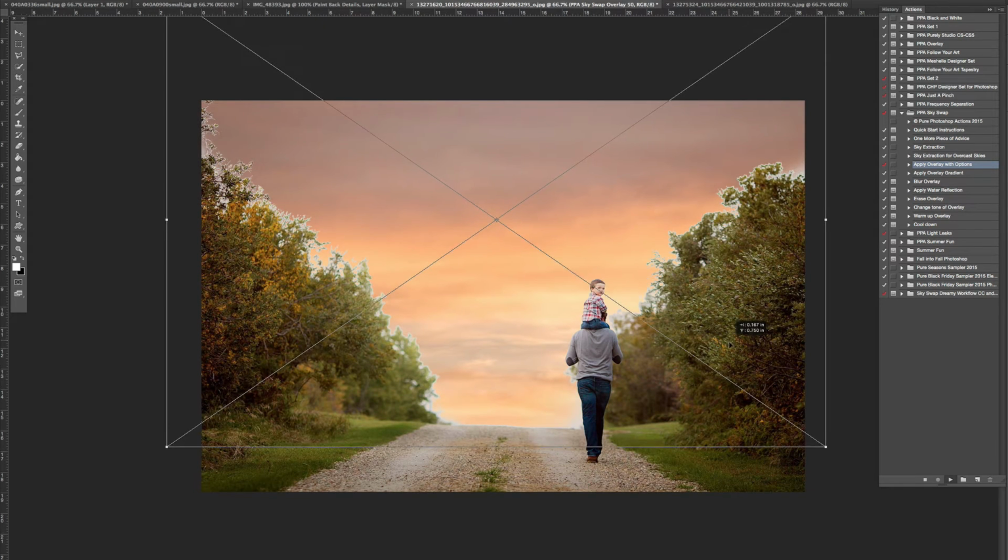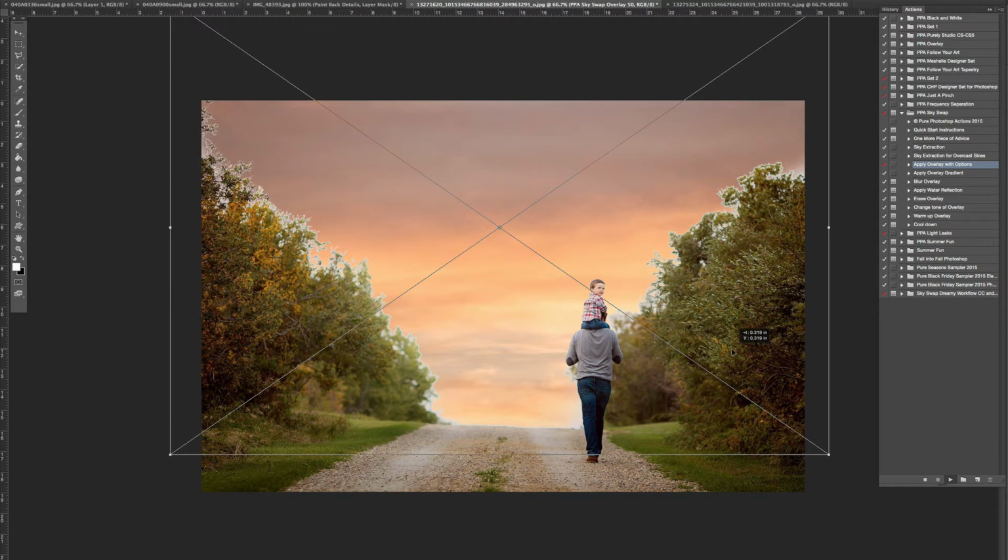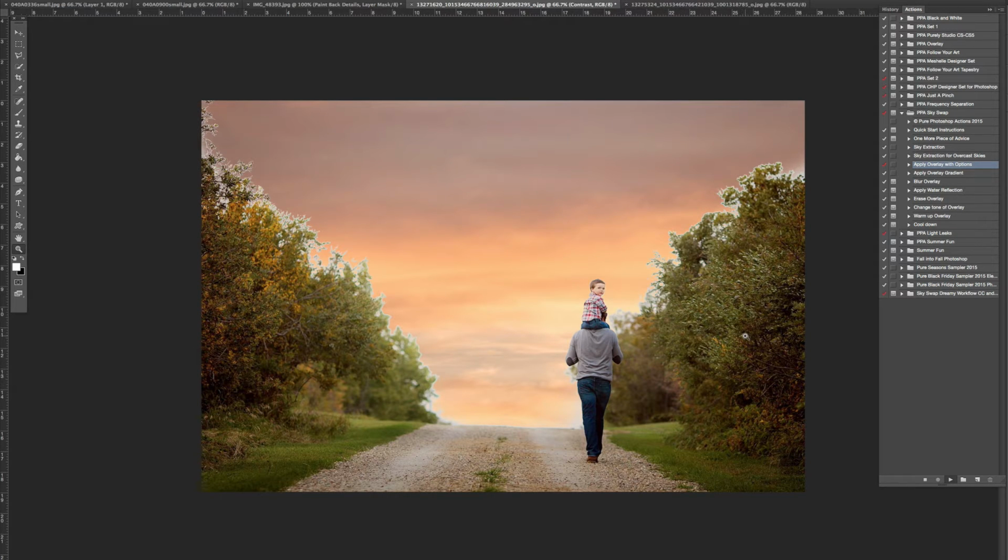Go ahead and find and position the sky where you want it. Don't pay attention to what it's doing around the trees, but you can see it did a lot of the work for you already. So I'll go ahead. There will be a natural gradient to this as they're walking up a hill and the sun is setting. It will be lighter down here, so I'll go ahead and keep that gradient, and then I'll click on this